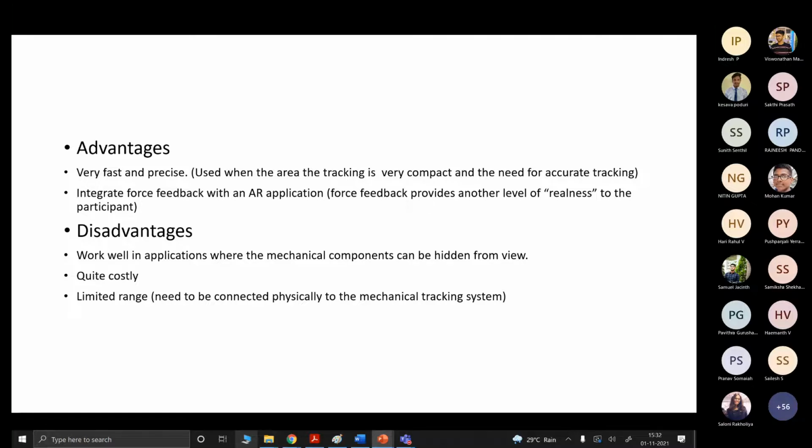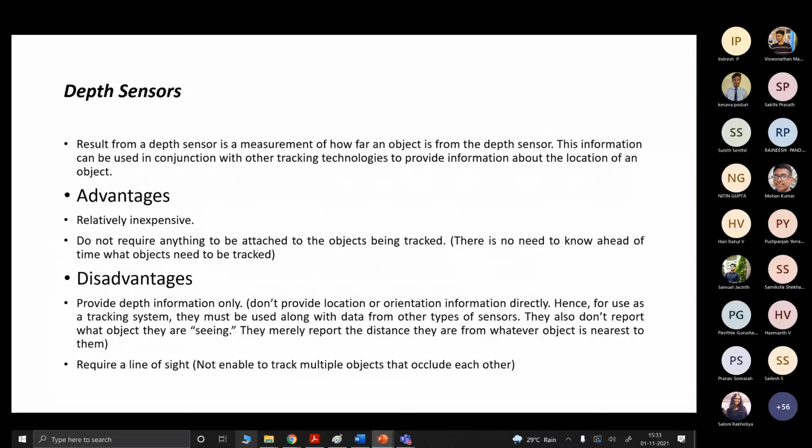It can integrate force feedback along with the AR application also when we use a mechanical tracker. The disadvantage is that it's quite costly and works well only in applications where the mechanical component can be hidden from view, and it is used for a limited range, because it is physically connected with the mechanical system.